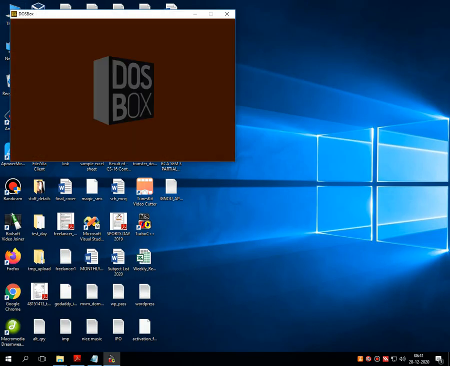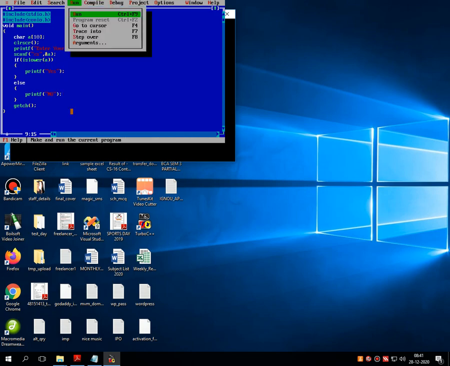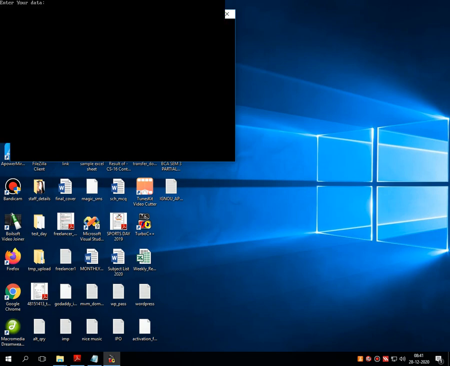Let's use this particular program practically. For this, first I am declaring a character array. Then as these are character arrays, I have to write percent s. Then there is an islower function. Let's run. I am entering data in uppercase. It returns no. Then I am re-executing the code and entering data in lowercase.